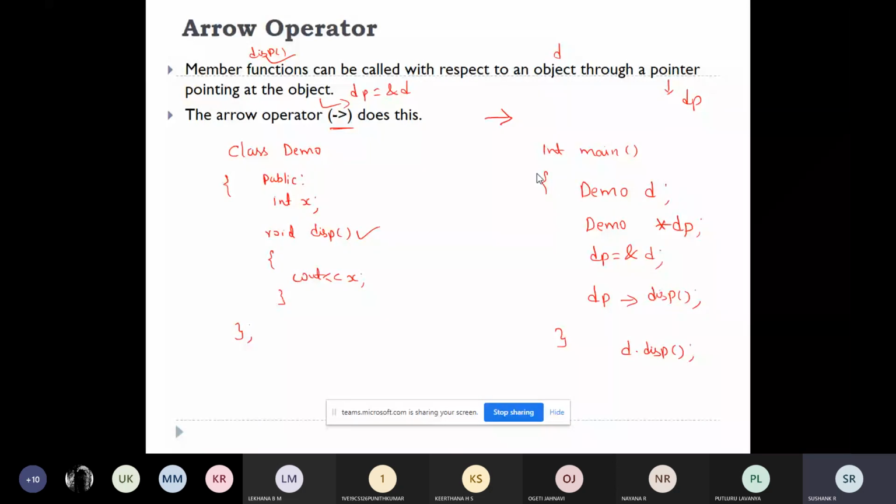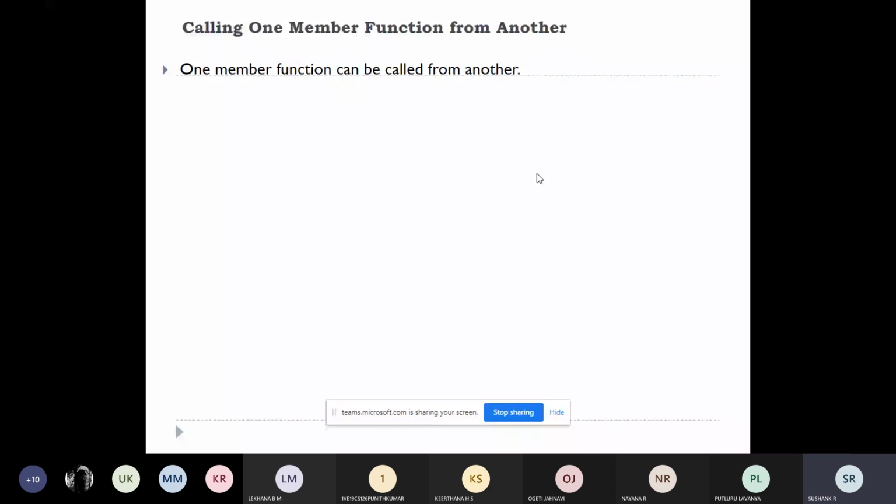After this, what other topic is there? One function can call another function. This is another concept in C++. One member function can be called from another member function, meaning there will be one function called display, and this function display can call one more function called print.